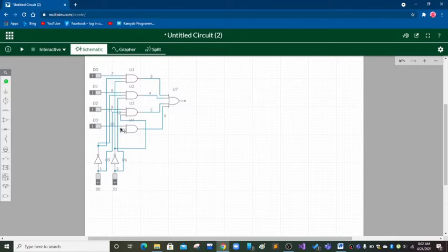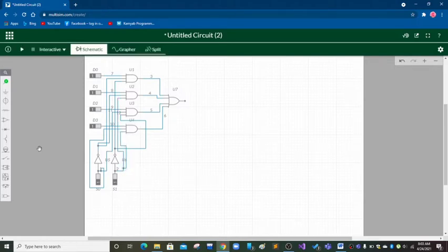And U4, its second input is going to connect here. And the last input is going to connect.